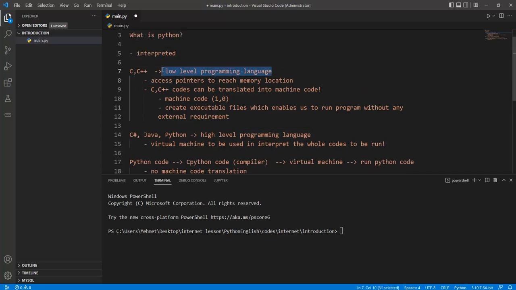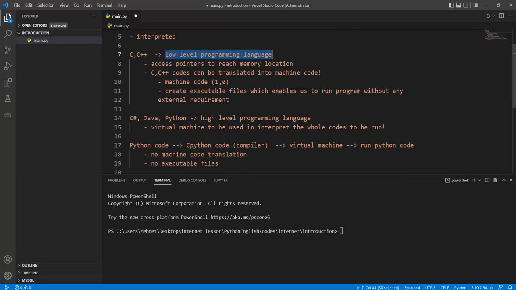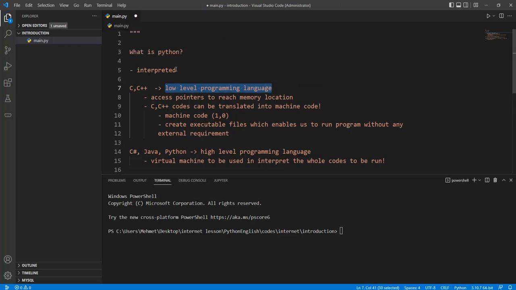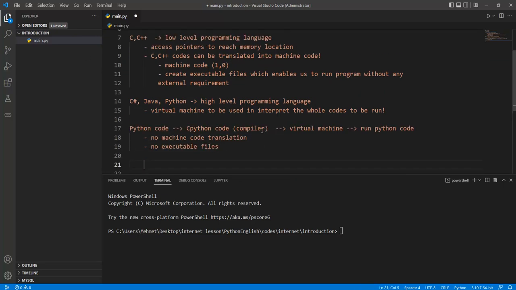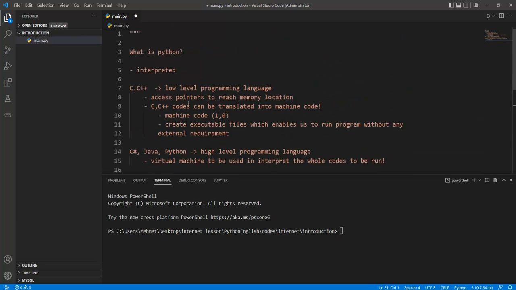And so the low-level programming language means that we can translate all the code which is written in C or C++ programming language to machine code. But in C#, Java, and Python, we don't have any feature to translate all the code to machine code. Okay? And so if we have this programming language, we can summarize the interpreted feature like that. Okay? And so in the second place, we should